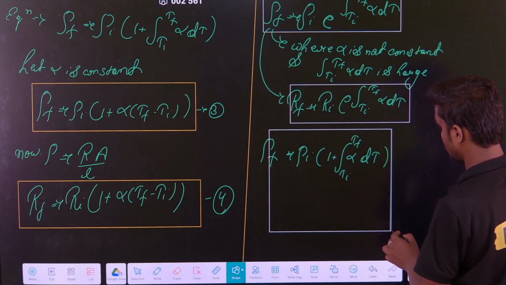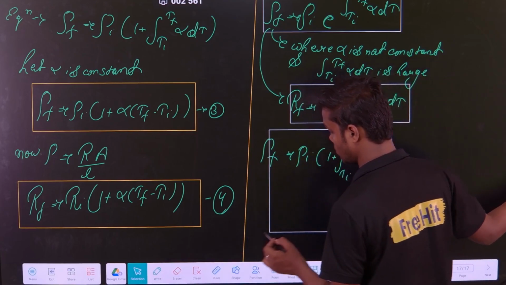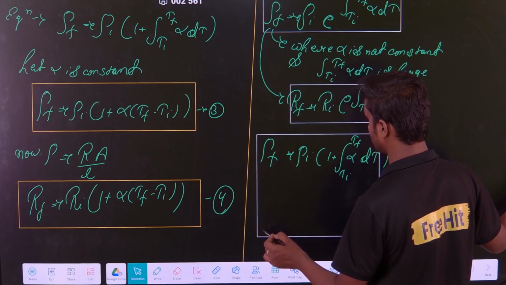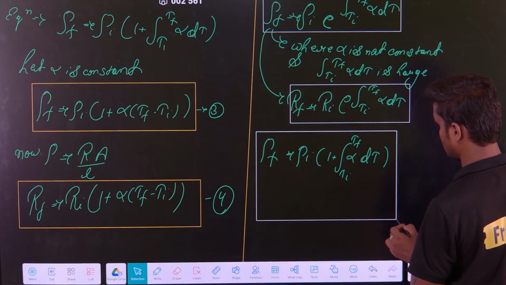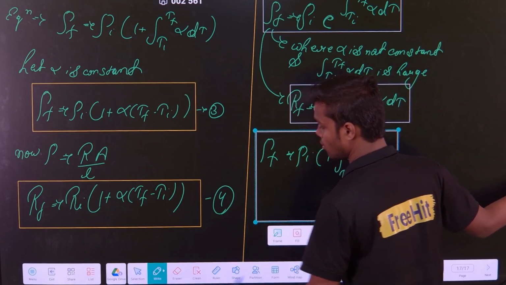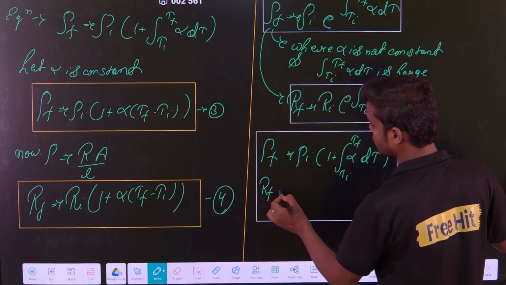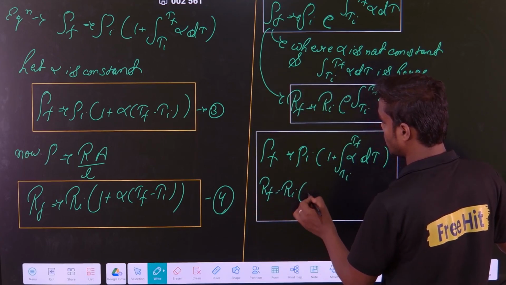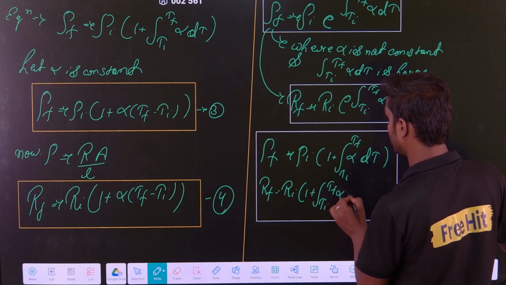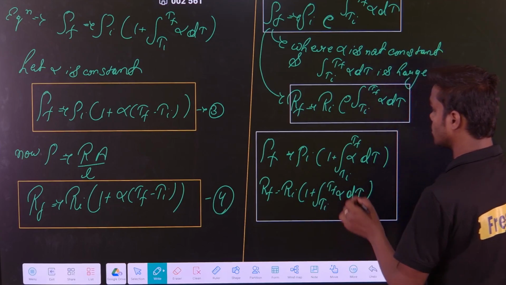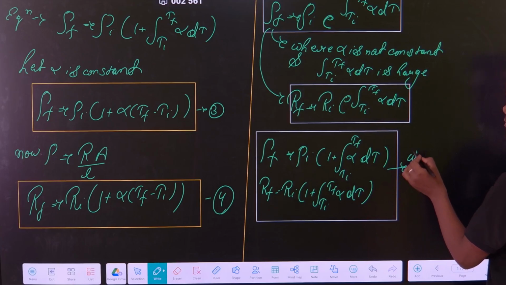Let me write both of them. Rf is equal to Ri times 1 plus integration of alpha dt from Ti to Tf. These two formulas are valid when